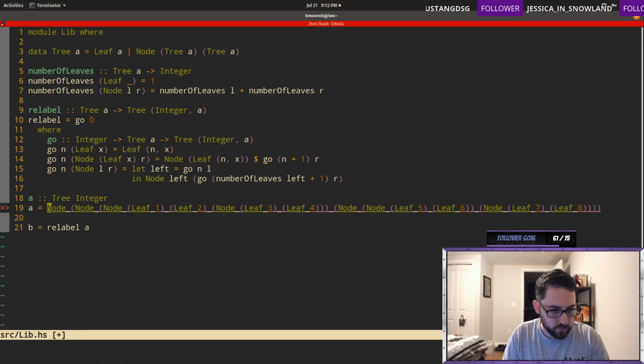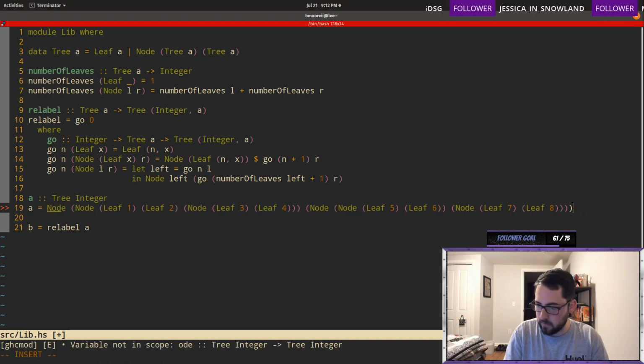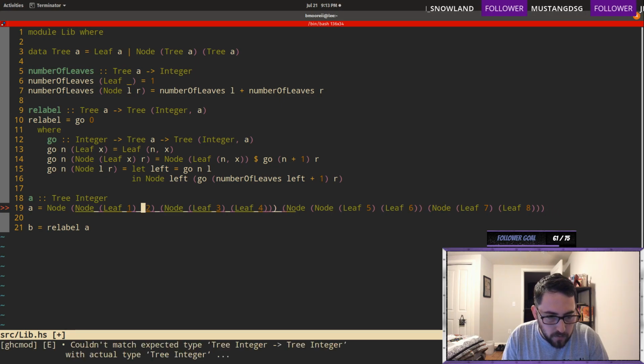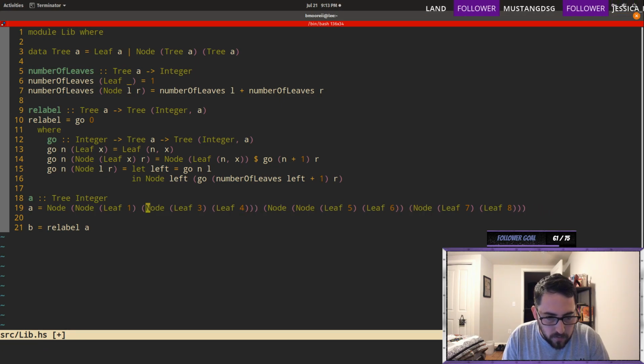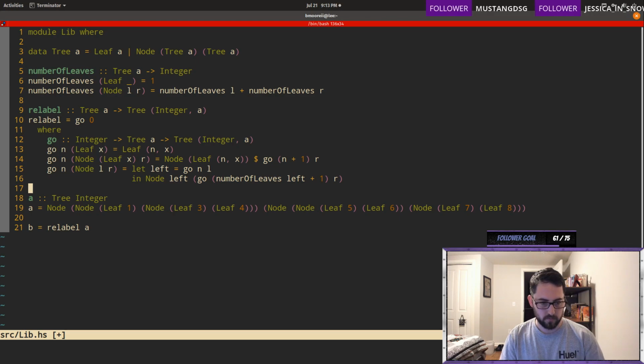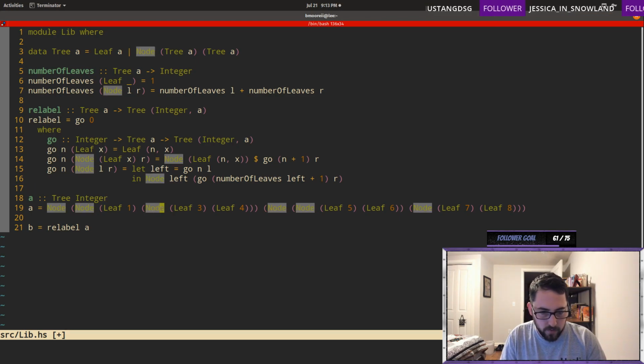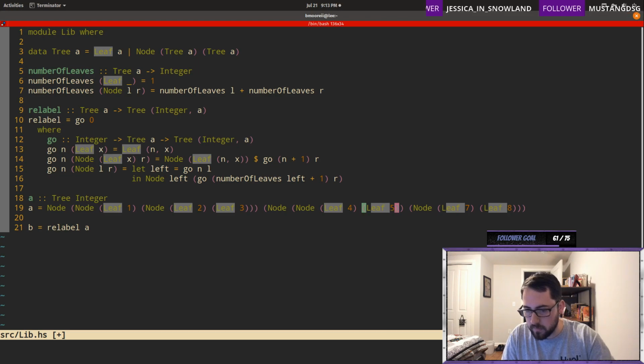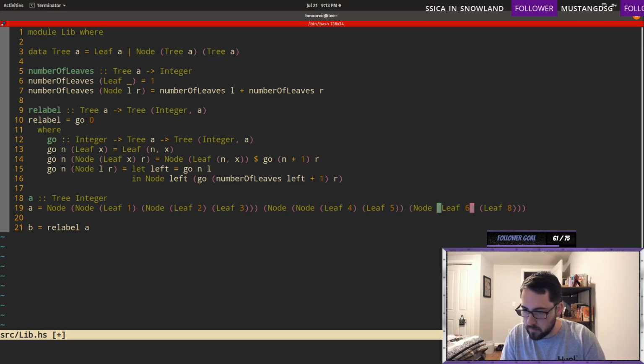I think we just want to remove this outer set of parentheses. Okay, there we go. It didn't quite work the way we want. Yeah, I need show as well. Let me just fix these numbers. 7.